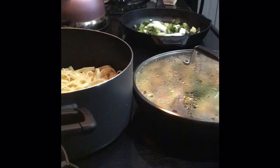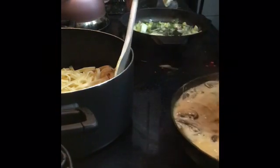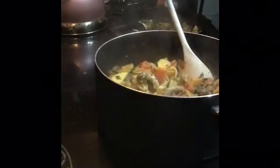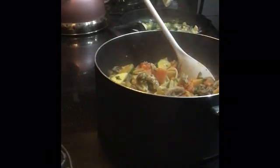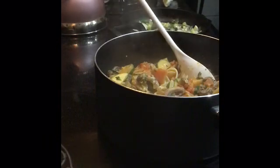The vegetables are to my desired texture. I'm going to add it to the pasta. You see it's boiling. It's a nice, rich texture. My mushrooms are soft. They're ready. My tomatoes, everything's ready. So it's time to dump it into the pot and get the pasta fully mixed together